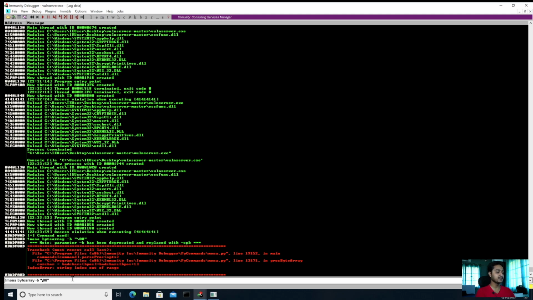Now we need to compare. Instead of comparing manually, we'll use the compare command in Mona: mona compare, then pass the file name, that is C:\ where we have this available. This is the path to the file. Then we compare it to the contents of the stack. Where is the stack?